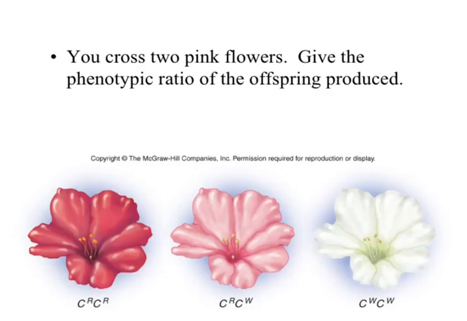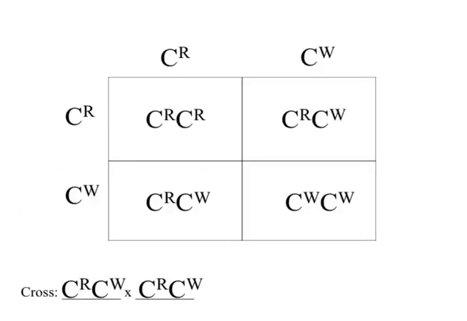So let's look at this if we were to cross two pink flowers. Because it is pink, you know that the alleles would have to be one red allele and one white allele genotypically for the specific phenotype. So we see here that we have our red and our white alleles for each of the parents being pink. And we follow the same rules: we separate these alleles into the gametes, where each parent can make a red gamete or a white gamete, and so when they come together,